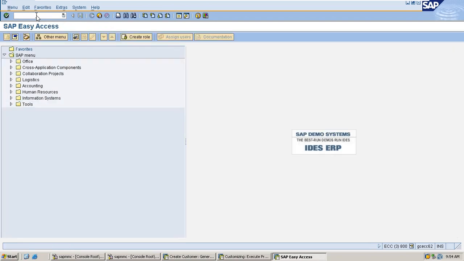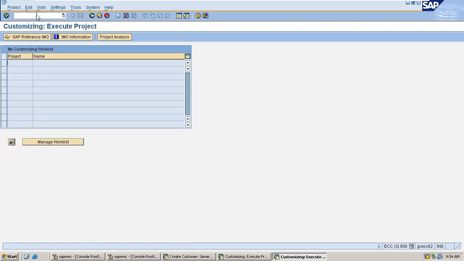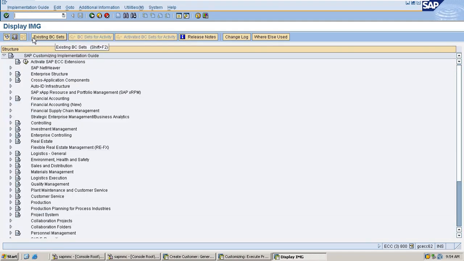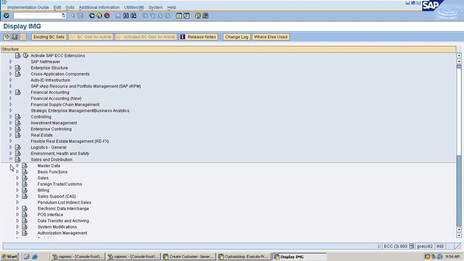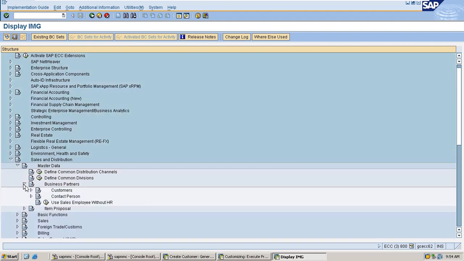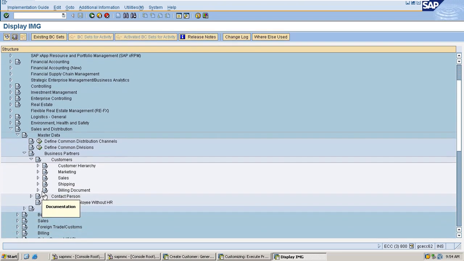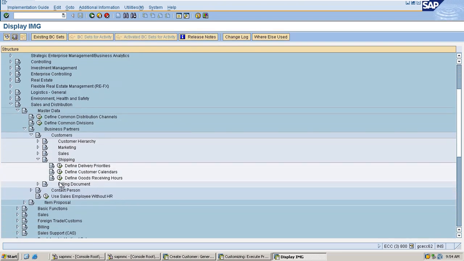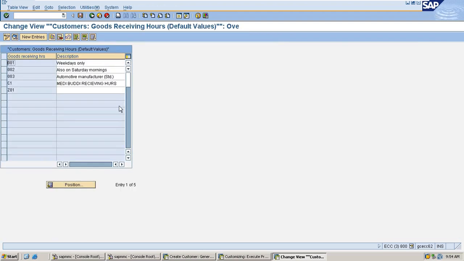Let me go through SPRO, SAP Project Reference IMG, Sales and Distribution, Master Data, Business Partners, Customers, Shipping, then Define Goods Receiving Hours.